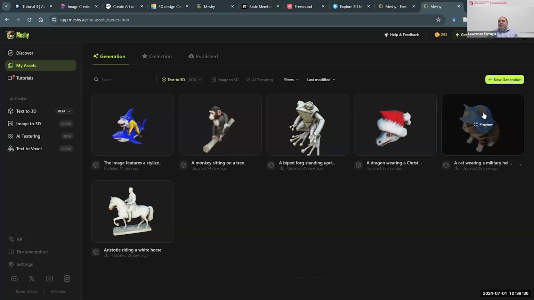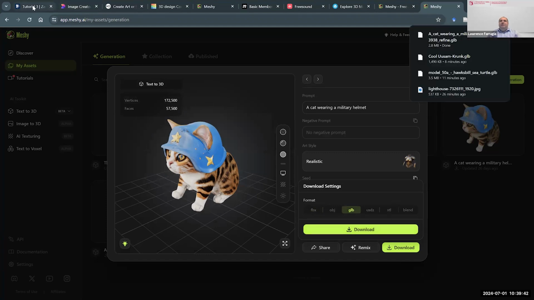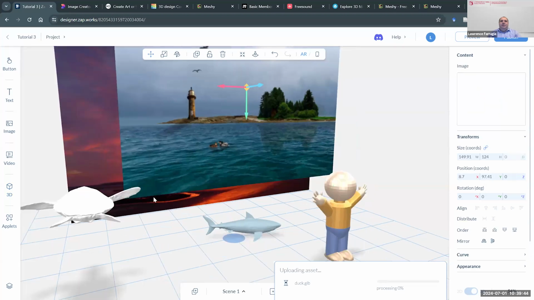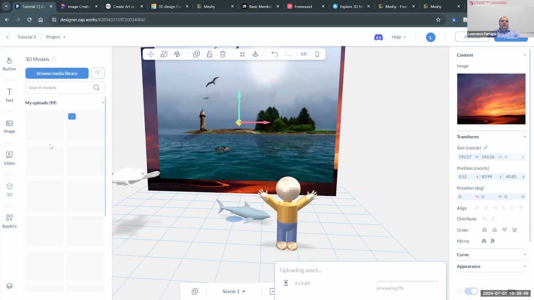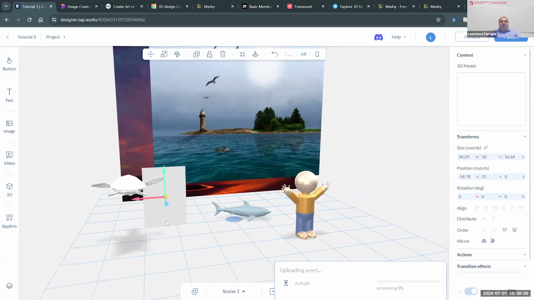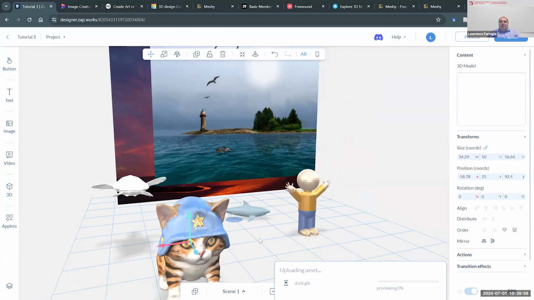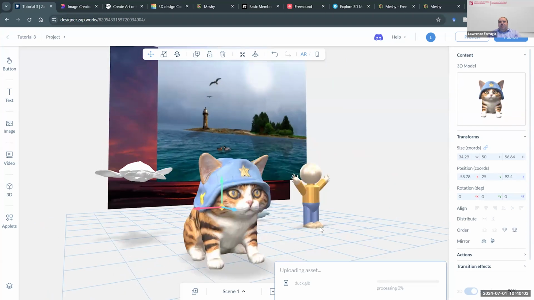Once again, once the model is ready, all you need to do is click download. I will choose GLB, which is our supported file format. I will hit download, and that 3D model is available to me. And in fact, if I go back to ZapWorks, okay, the doc is still processing, but in the meantime, here we have the 3D model of the cat, which is wearing a helmet, which I think you would agree is quite impressive